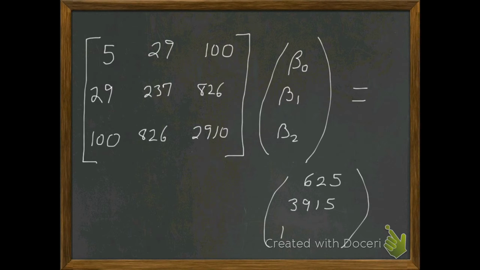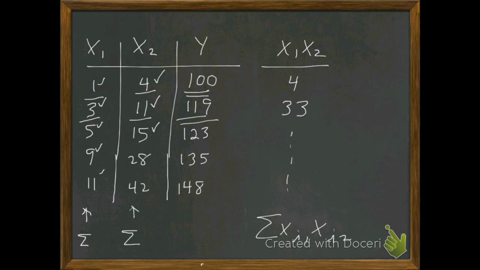Guys, the other term I think is pretty clear: 13,550 is what I get when I multiply the x2's times the y's, the corresponding parts. So 4 times 100, 11 times 119, and of course we add those up. Now, if I were doing this for a grade, as a student, I would probably use the calculator or matrix methods and create a much neater